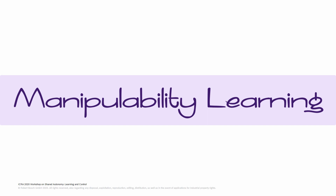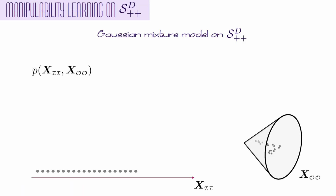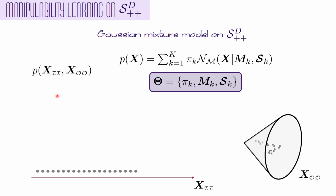So what we do is rely on a really simple approach, which is a Gaussian mixture model. In this case, we have a joint probability, which basically contains the input. In this case, it can be time, it can be the end-effector position of the robot, it can also be forces. It depends on the problem, right? And then the output basically will be any kind of manipulability definition that you have in your problem. What we do is that we fit a mixture of Gaussians,